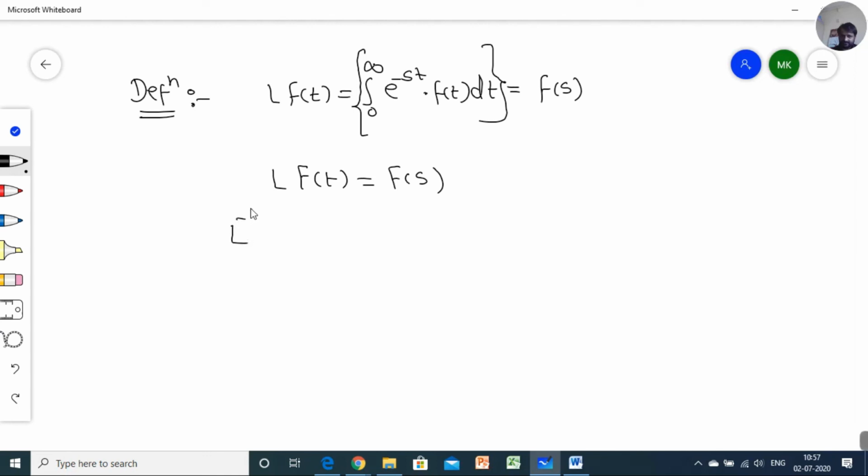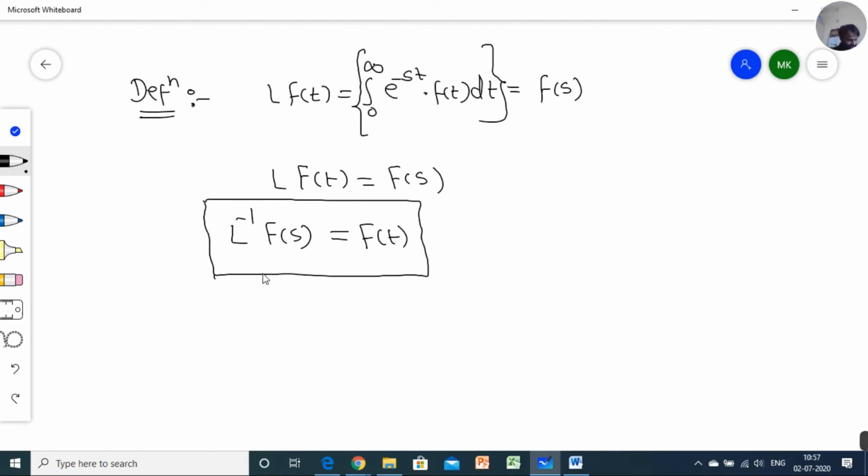So Laplace inverse of F of s, I'm writing this side, ये पार्ट L यहाँ पे जाएगा तो 1/L हो जाएगा, that is represented by, which is equal to f of t, and this we call the inverse of Laplace transform according to the basic definition of Laplace transform. So later on we will learn what are the methods for finding the Laplace inverse. Hope you will understand the concept I want to explain.